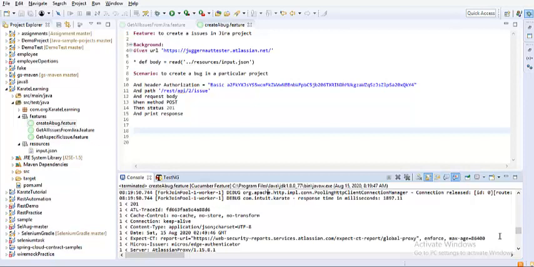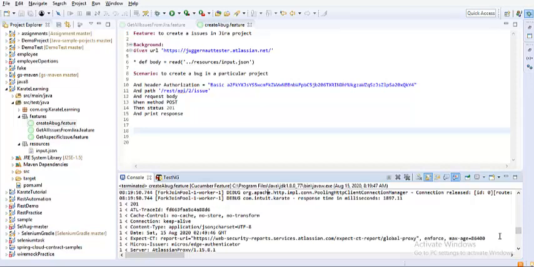So now there is another way that we can send this request body, which is in the form of a table. This is one of the beautiful features that Karate offers, because when you are working with a table, the message has to be serialized and deserialized. This is a good technique that is available as an off-the-shelf functionality in Karate. Basically these kinds of tasks we would achieve through POJO classes, if you are working with REST Assured or HTTP client.